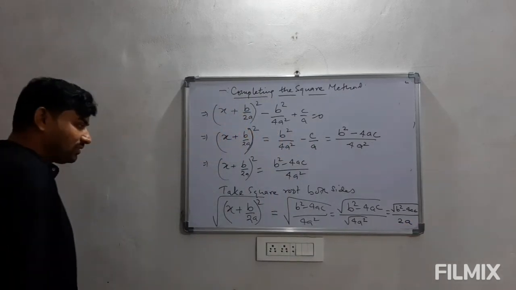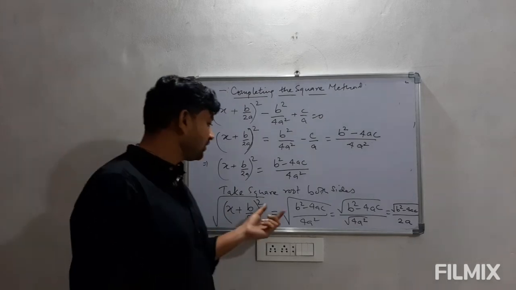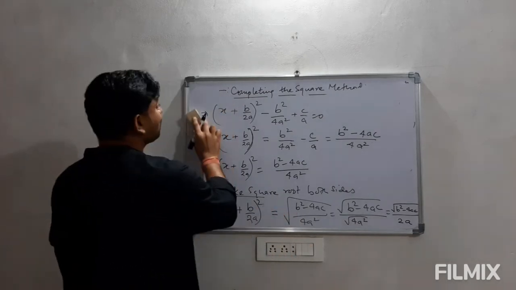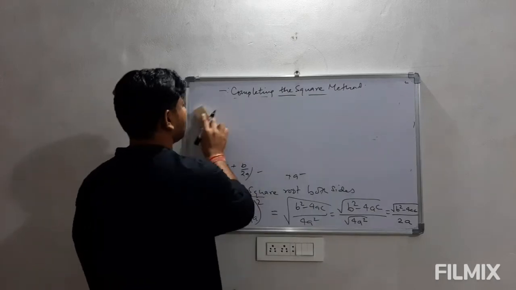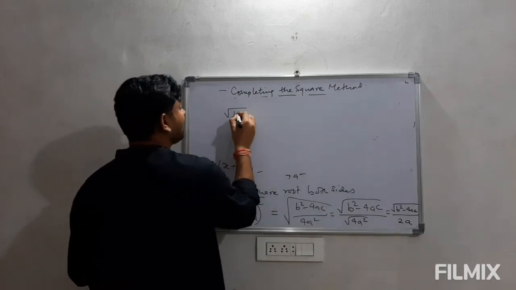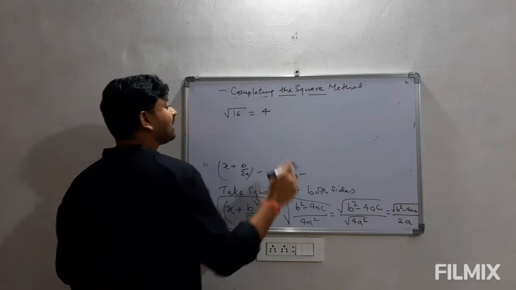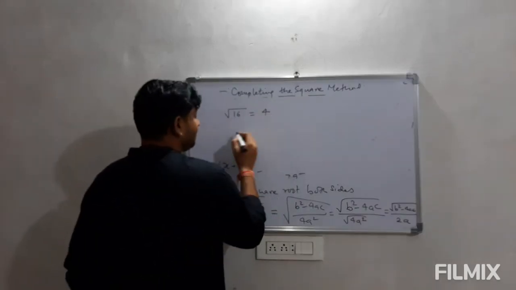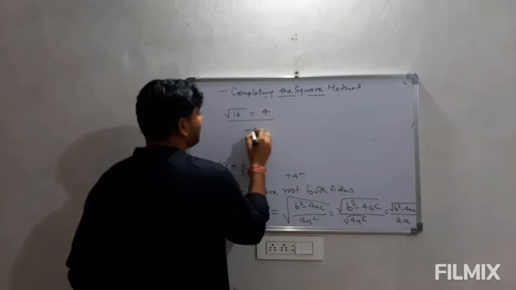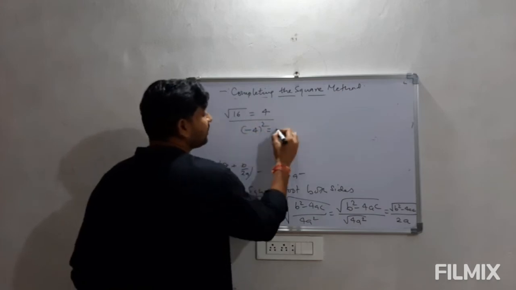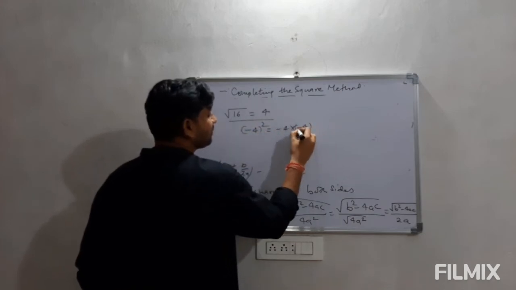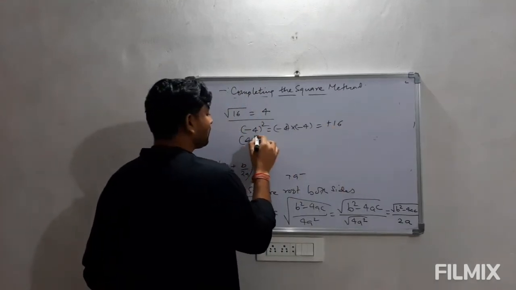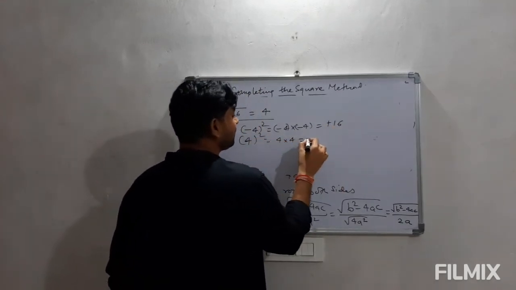But one thing we missed here, that is, if we take square root of anything, there will be two possibilities. Let me talk about that. If I am writing square root of 16, in general we write it as 4, but let us discuss about minus 4 square. What we call it? Minus 4 into minus 4. So from here we are getting plus 16. If we talk about 4 square, again it is 4 into 4, that is 16.